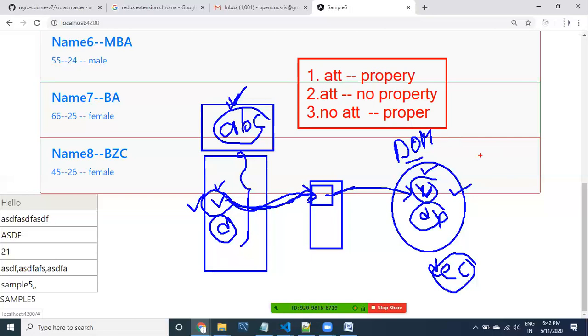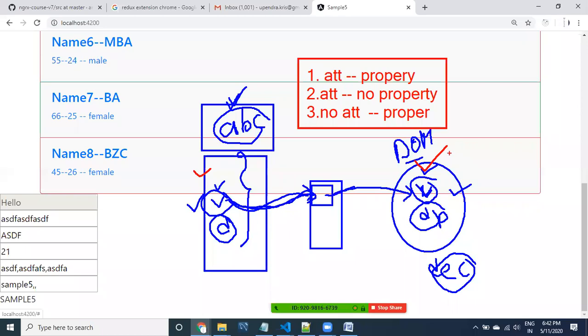That's why, when you are working with anything, you have to understand that the whole story I have given you is to tell one thing: attribute is different, property is different. Attribute is available in the HTML, and property is available in the DOM.